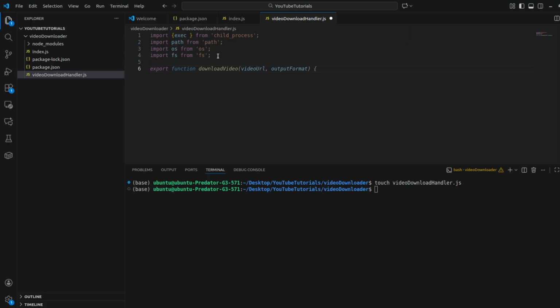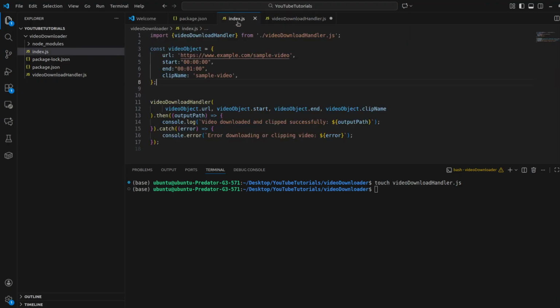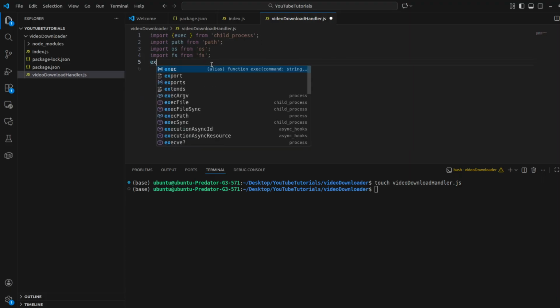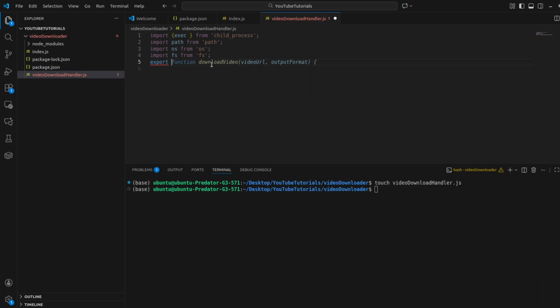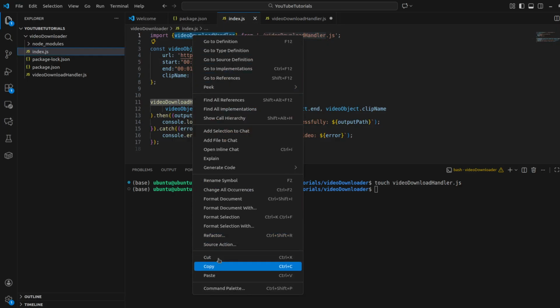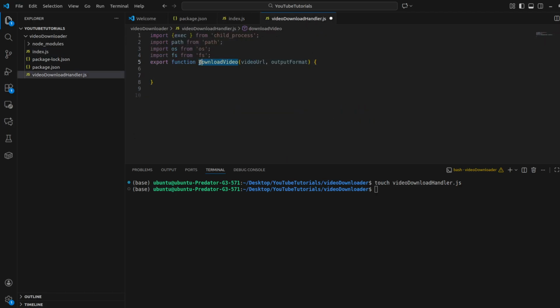And yeah, what did we call the function here? We called it video download handler. So this is gonna be an exported function. So we're gonna export function video download whatever. So anyway, let's accept this, although we're gonna have to rename it based on how we call it here, we call it video download handler. So I'll just copy that, come here,